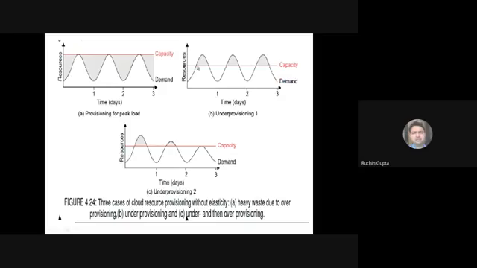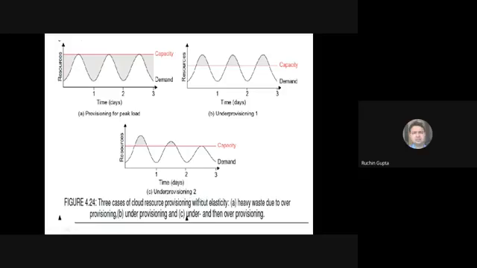Okay, so you see this portion shows that the demand is high at this time and the capacity is not such that it is able to meet the demands of the customers. So that is called under provisioning. The right amount of resources is not available to satisfy the consumer demands. Then you see another example of under provisioning.